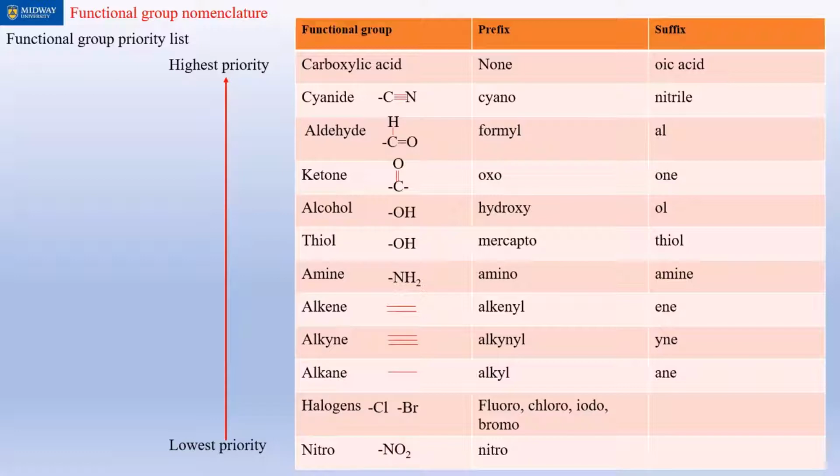I didn't develop it, I just recreated it. Someone else developed this idea several years ago. So you have 3 columns. One is for the functional group. The other column is called prefix, another column is suffix. The group at the bottom of the functional group column is the lowest priority group,